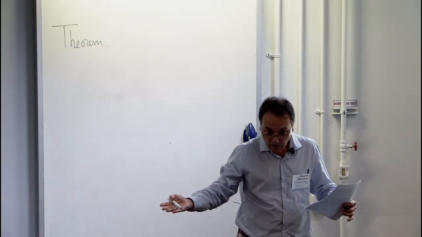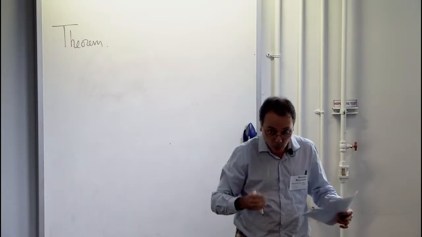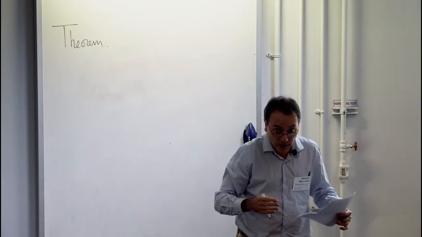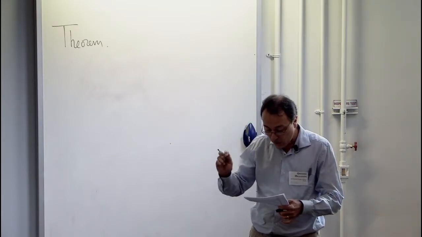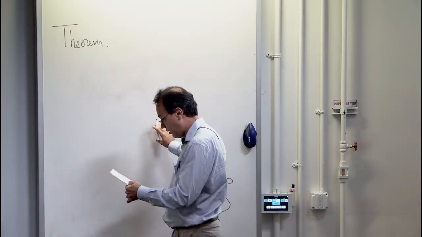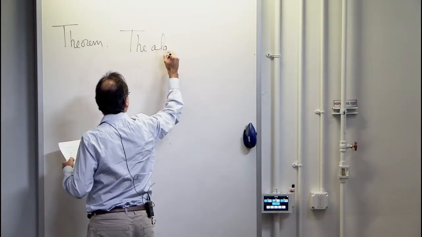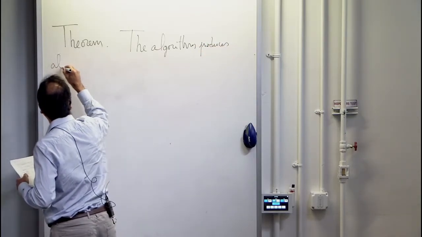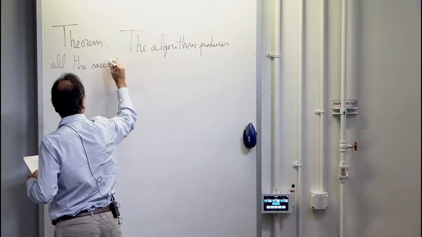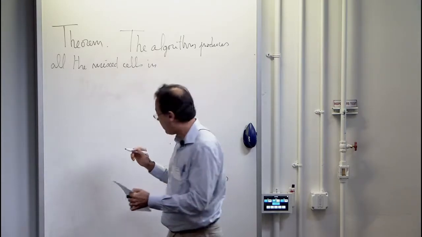I will be informal because of what I said about the difference between the theoretical algorithm that counts arithmetic operations and the number of arithmetic operations that I actually do, which is slightly larger per step, but of course I do fewer steps than the upper bound. But in any case, if we count the number of operations, I will obtain that the algorithm produces all the cells in more or less time